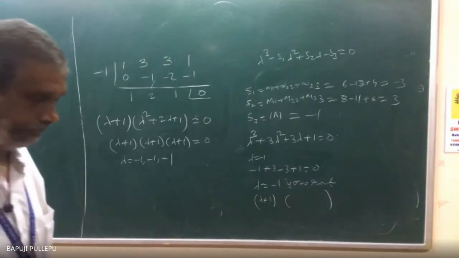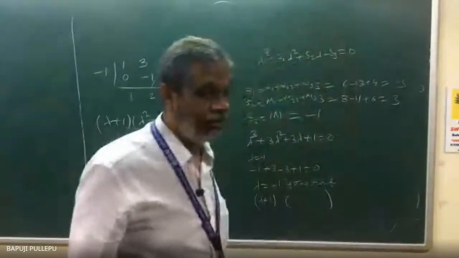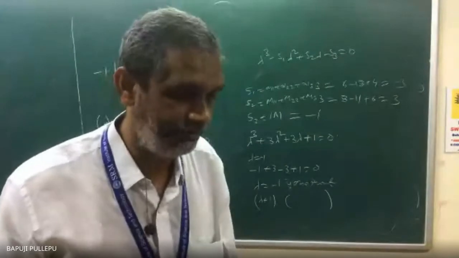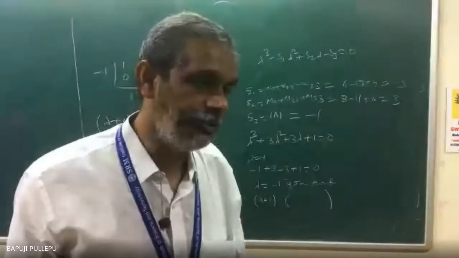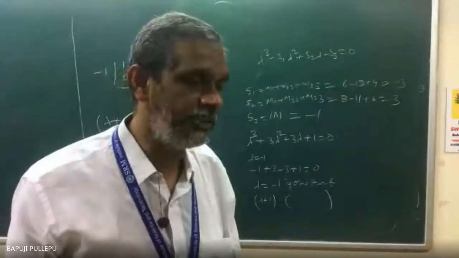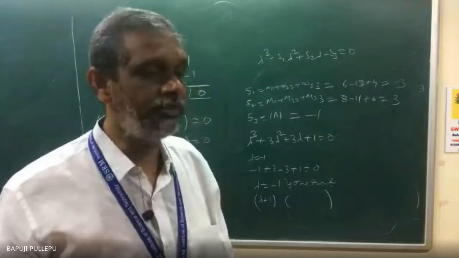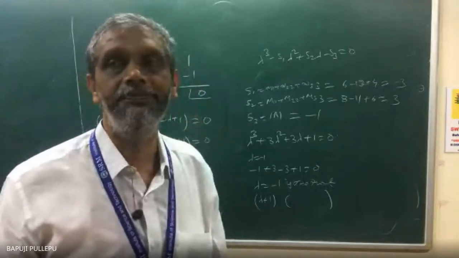Sir, can eigenvalues be 0? If you take it, guarantee you'll get 0. No, it cannot be. 0 means trivial solutions. Non-trivial, you have to find out. 0 is obviously true. That is called dependent, independent. Lot of stories behind that. But that's why we are telling non-trivial. Infinite solutions are there. 0 means trivial actually.